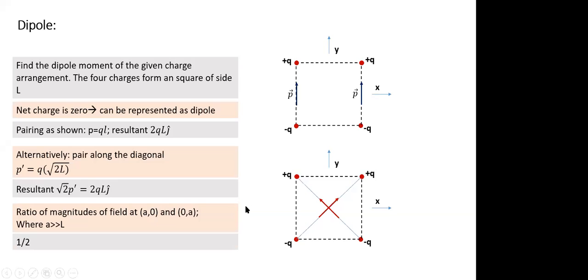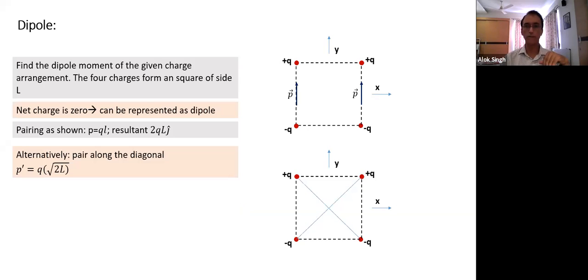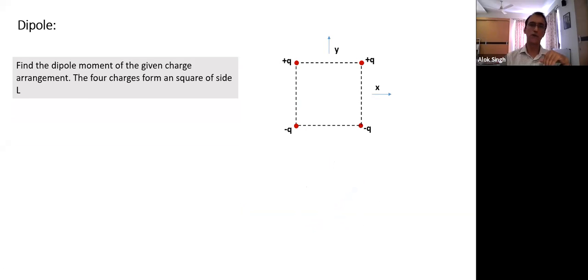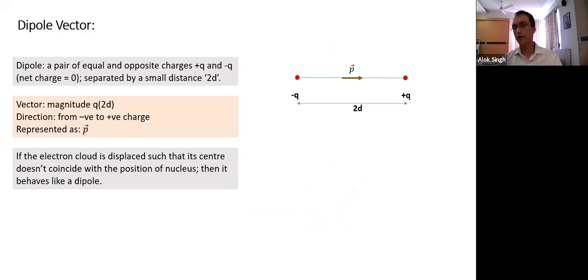Sir, I didn't understand the part about placing the dipole. Okay, so see, where should we place the dipole? Let's look at previous cases also. We can go from technique. So we started with the first one. Where do we place the dipole here?